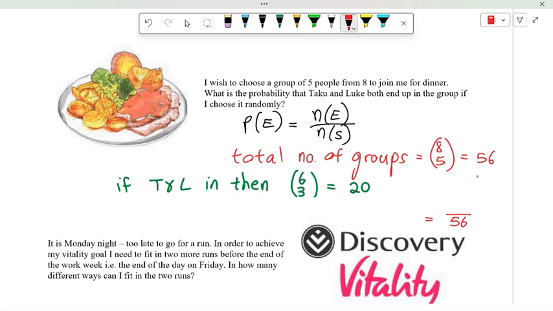There's 56 groups altogether. And so if I chose a group at random, the probability that it contains Taku and Luke would be 20 out of 56. It makes sense. It always makes sense. Okay,